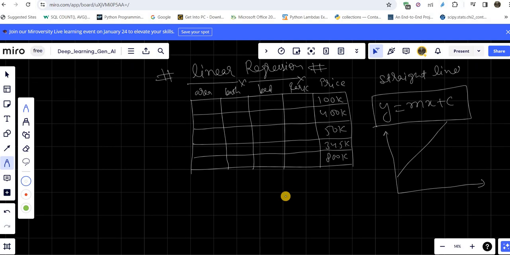Now, did anyone understand what the meaning of linear is? If I'm saying x and y here, and I'm increasing x, y is also increasing. If I'm increasing x, y is decreasing. So in this, which one is linear? Which one is the linear relation? Yes, both of these are linear.